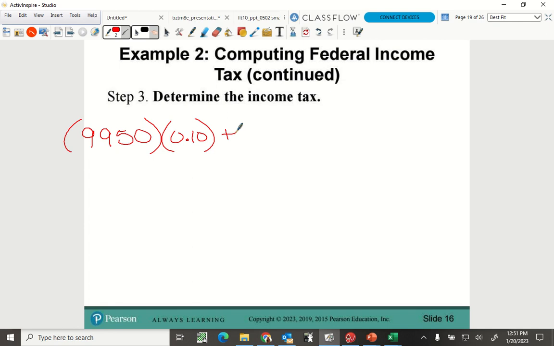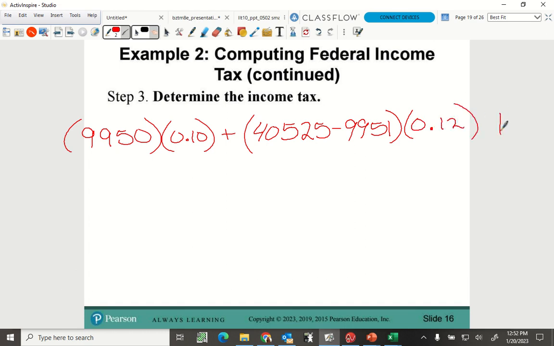What is our taxable income? It's 41, isn't it? Yeah. Okay, so we have a lot going into our next category. What is the maximum amount in my 12% tax bracket? 40,525. Very good. So is my taxable income more than that? Yes, it is more than that. So if it's filled up that category and it's more than that, this is the steps you do. We're adding whatever amount is in between there. It is 40,525 minus the bottom, which is 9,951, times my 12%, which is 0.12, plus,